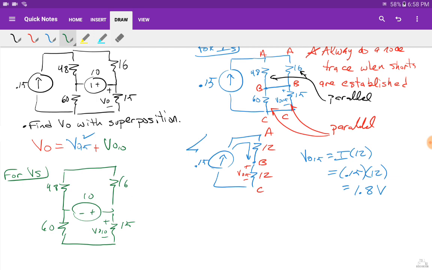I want to find this voltage right here. You can use voltage divider. Use voltage divider. Now, why? A lot of people are looking at this and going, how in the world can you use voltage divider? Well, think about it. If I get rid of this piece right here, if I just hack it out,